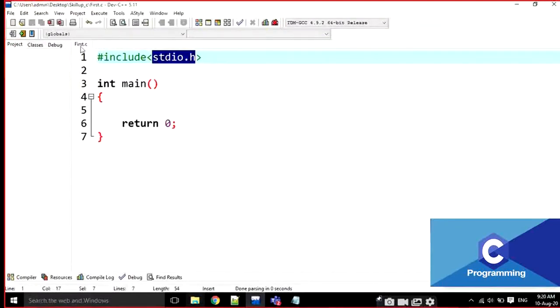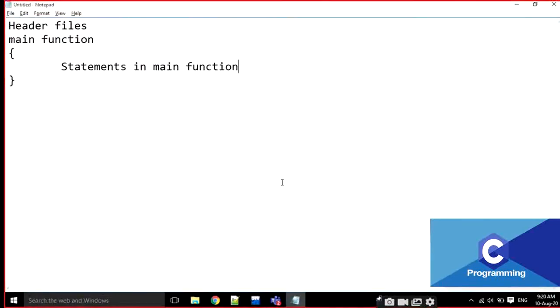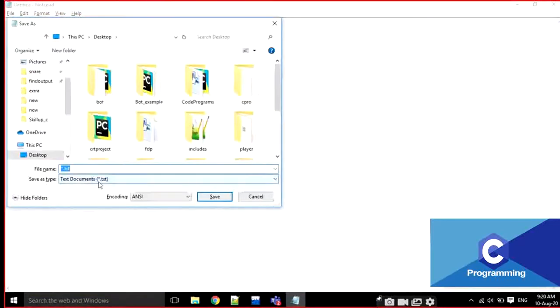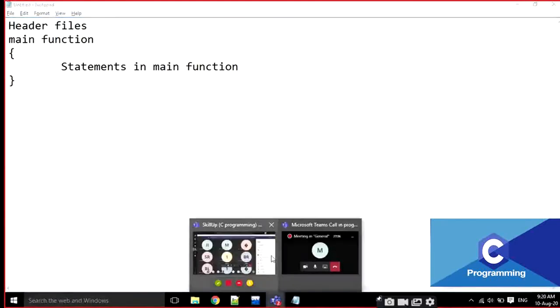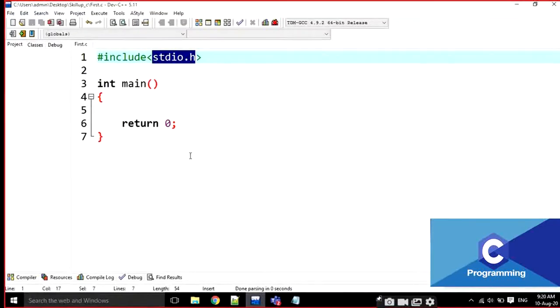For example, I am going to save a text file, it is going to be saved with .txt. Here also some content is there. That means files are saved with some dot extension. Some files are .c, some files are .txt, some files are .docx, like that. Like this also, this is going to be saved with .h.